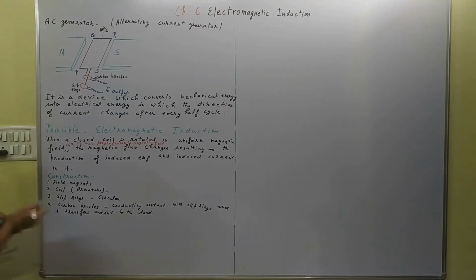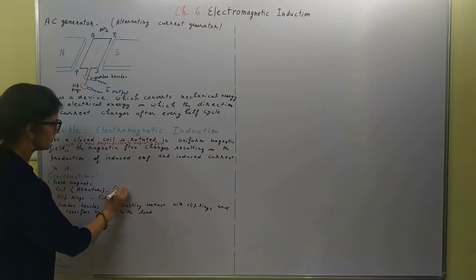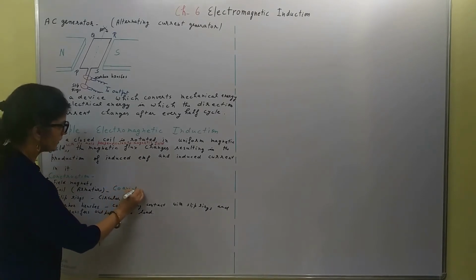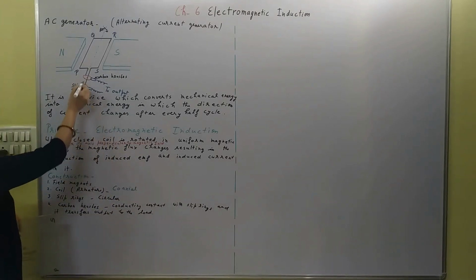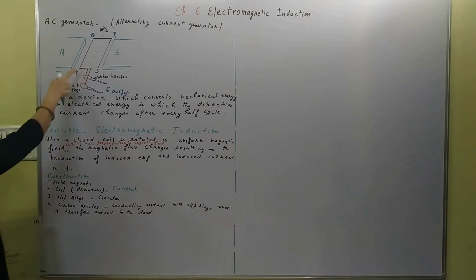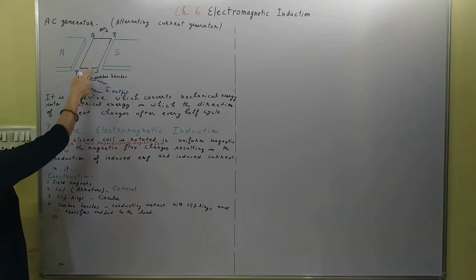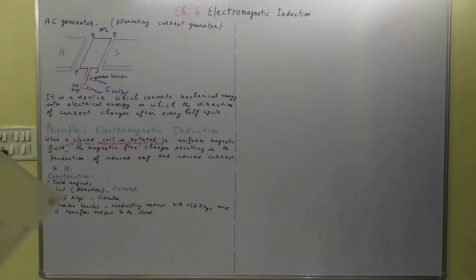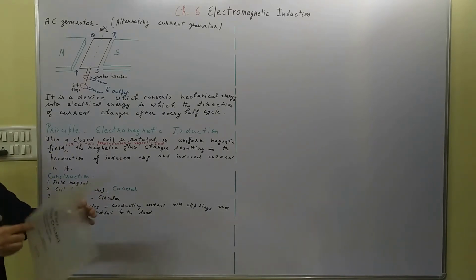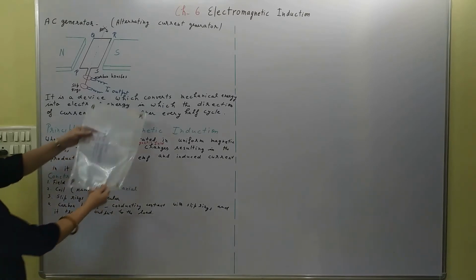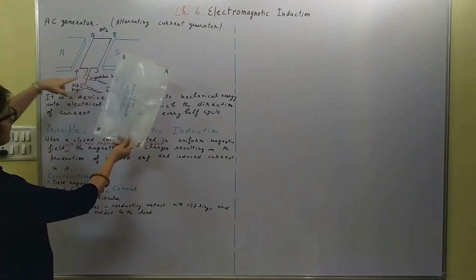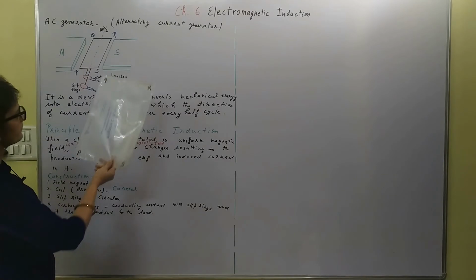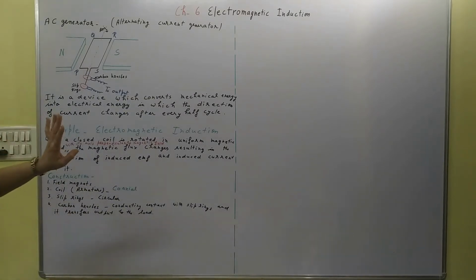So one more thing here for slip rings, these are coaxial. So look at the diagram. In this, the axis of the slip rings is the same, right? And one end of the wire is connected to one slip ring, the other end of the wire is connected to the other slip ring. Right, now I have not drawn the direction of the current. So for understanding the working, let's look at this. This is, I'm showing as your coil PQRS, right? So I'll just compare it with this.